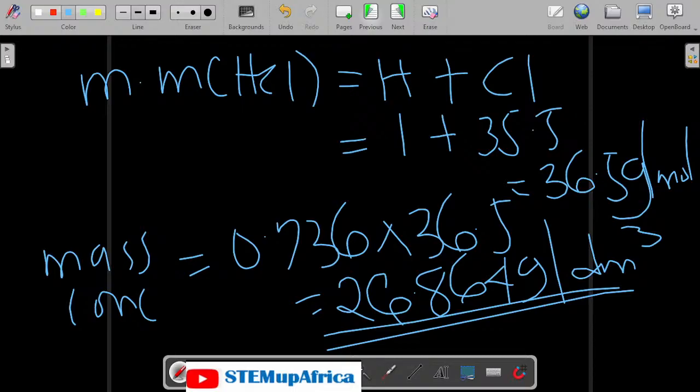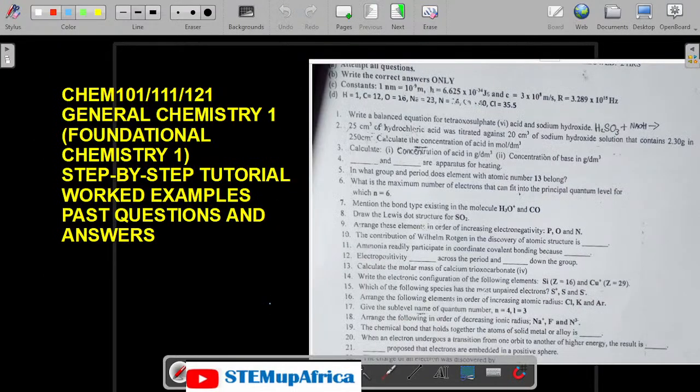Then let's go back to the question. We were also asked to find the mass concentration of the base in grams per dm cube. Don't forget what the base is. The base is, they gave us